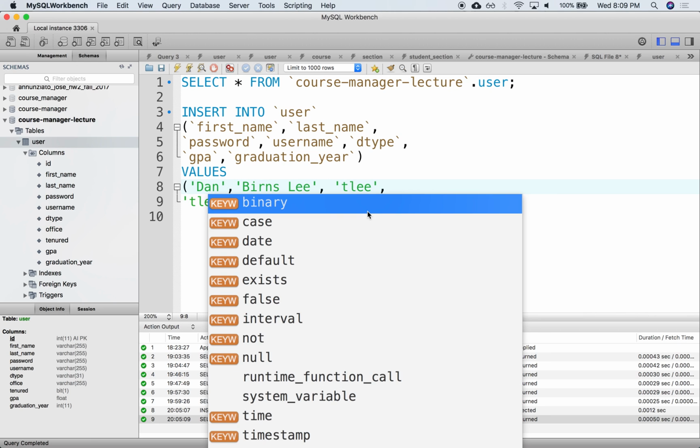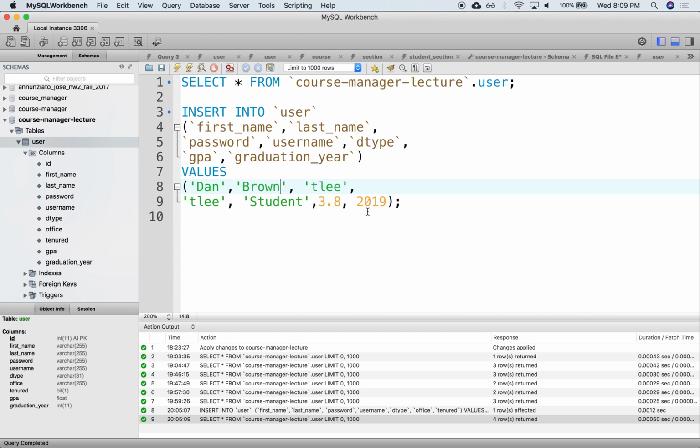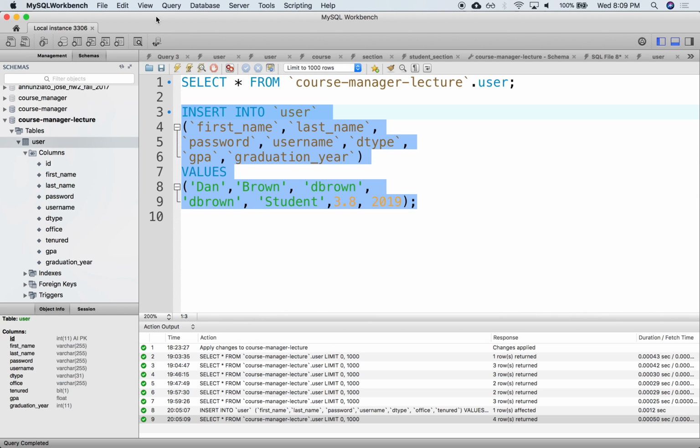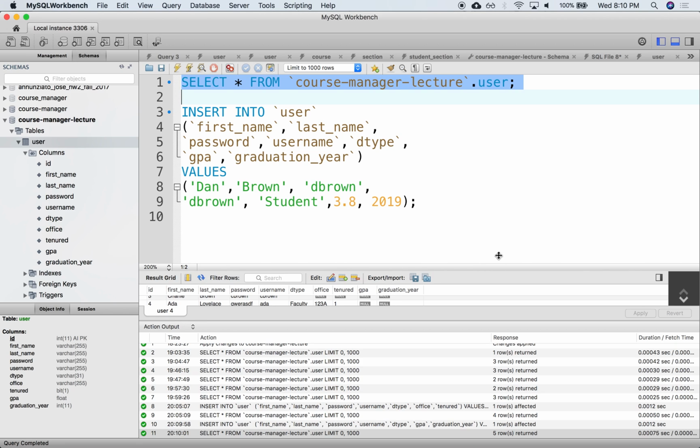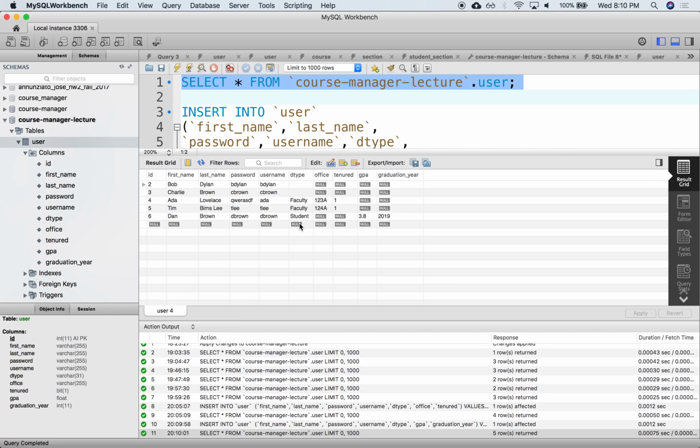Dan Brown, D Brown. I have C Brown, right? I don't have D Brown. Okay, D Brown, and so that's the password. Username the same. Let's insert this. So let's insert that, and we can just retrieve that to see that we have a student in there. Okay, we have a student, but notice that we have nulls for the office and the tenure,